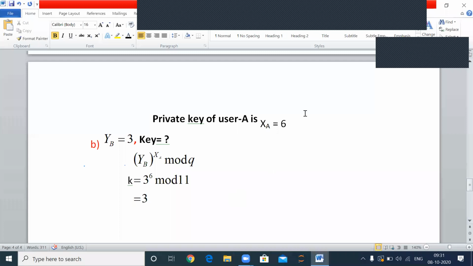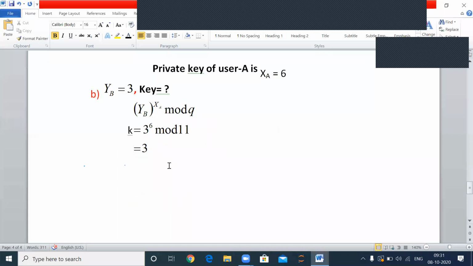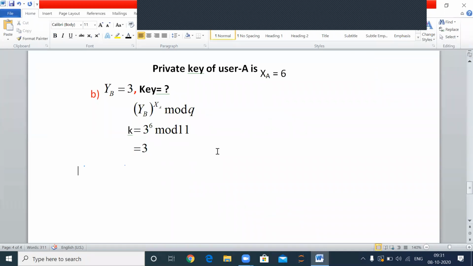This is about the Diffie-Hellman key exchange algorithm, right? Now, we go to another important concept in public key cryptography. Another important algorithm is the RSA algorithm. This is important from the external examination point of view also. The Diffie-Hellman key exchange algorithm and the RSA algorithm, these two algorithms are important for the external examination.